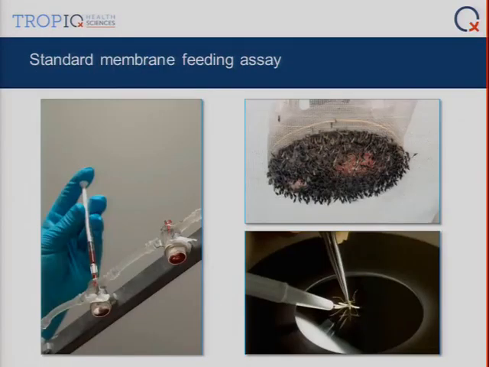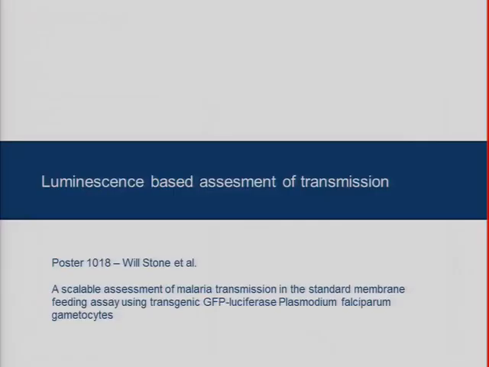So we were then interested in how these PLDH activities and PFS25 effects translate into transmission effects. This is the standard membrane feeding assay, and analysis is based on the dissection of midguts and microscopy, which you might appreciate is very labor intensive. So we've been looking for ways to improve throughput in this assay, and for that we developed a reporter parasite